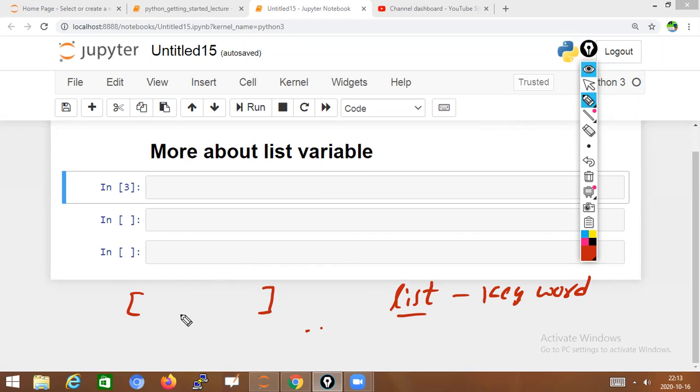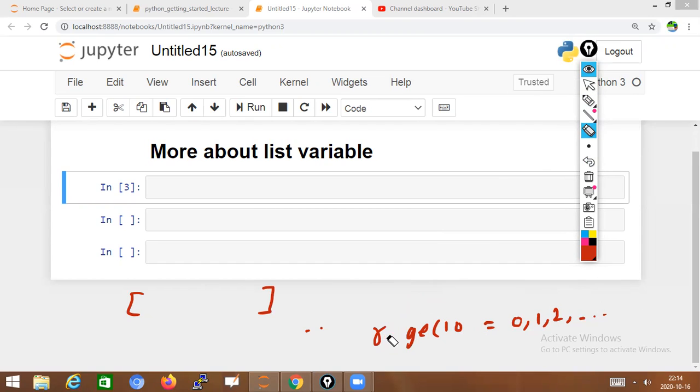Next, there is another function, the range function. What does this range function do? For example, if you write range 10, it will generate sequentially the numbers 0 to 9: 0, 1, 2, up to 9. If you write 10, it will generate sequentially 10 numbers, 0 to 9. If you write 15, it generates sequentially the numbers 0 to 14. Based on this, we'll discuss the list in detail.